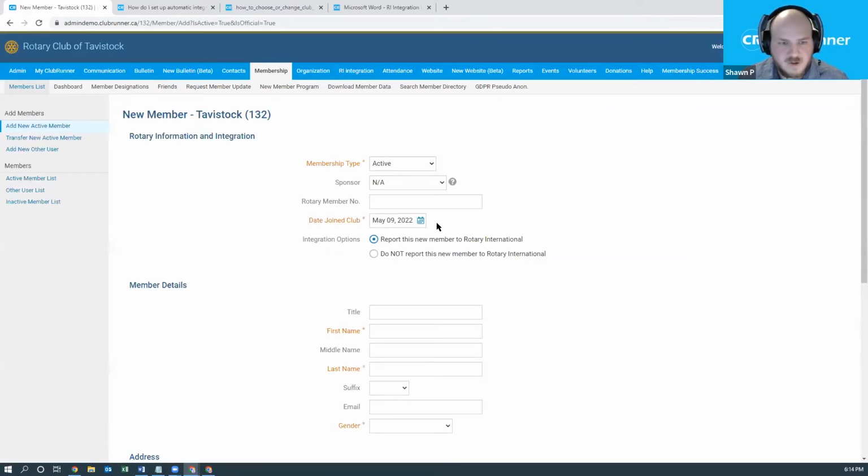And we have our brand new add new member form. So we're going to go ahead and start filling this out. So let's just put May 1st. We're going to set the membership type to active. We're going to leave sponsor and Rotary member number alone. And the important part of this form here is actually this integration options. So we have the option to either report this new member up to Rotary International, which means the system will try to synchronize that up to Rotary, or we have the option to opt out of reporting this member up